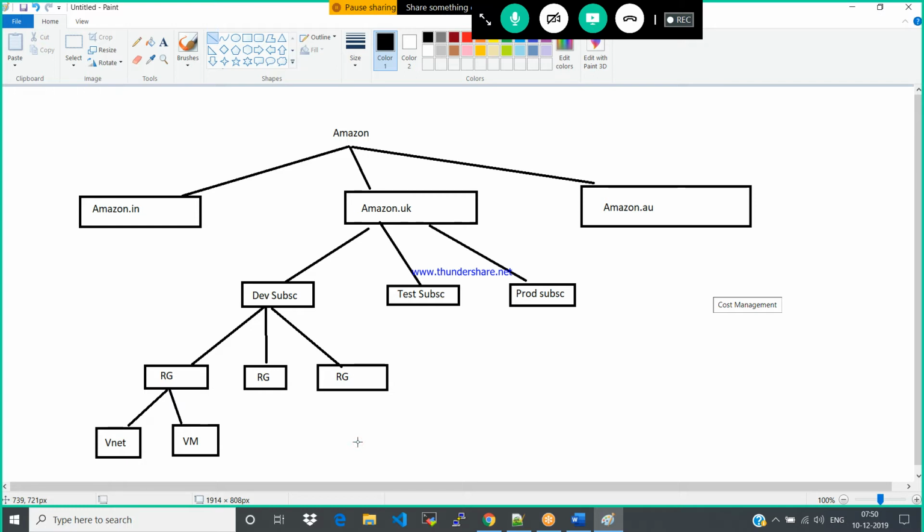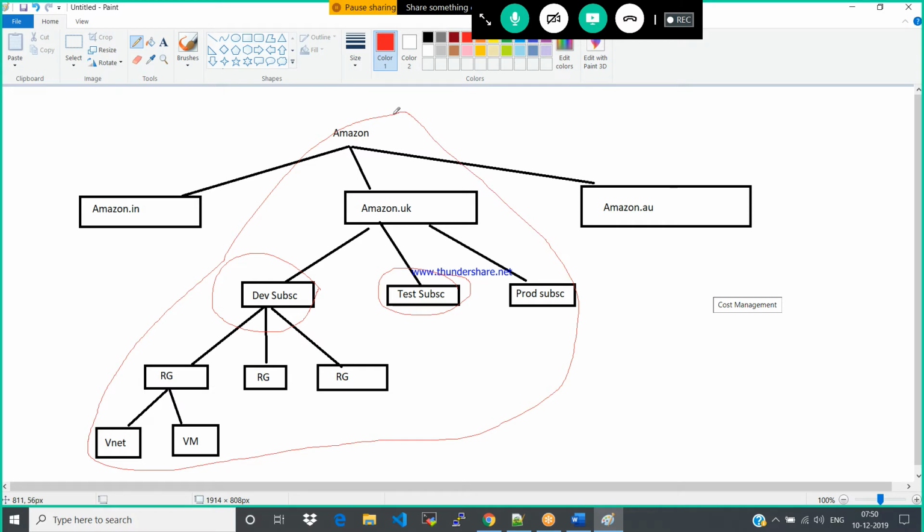So now, let's assume that I am a developer. Being a developer, I would get access only to this subscription. That's it. Being a tester, I would get access only to this subscription. Okay. So here, what is the backdrop? This is one organization only, right? This is a single organization. Why don't you get access for the single organization?